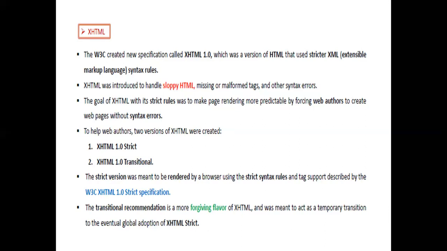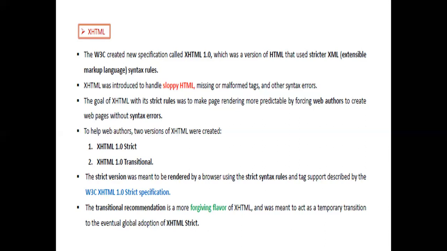Means the main goal is the developer needs to create a code or a web page without making any mistake. Okay, that's its rules. If you made any mistake, your code will not get executed. Okay, here also it will show some syntax error. Okay, that I will show you while we are working with practicals. I will show you in JavaScript. It will show errors. Okay, so that one is the XHTML strict. Okay, actually for finding out the syntax errors.